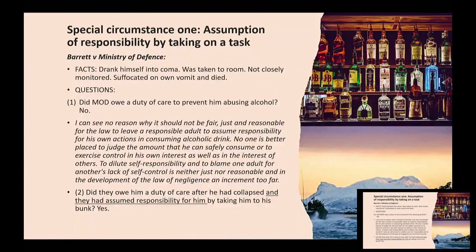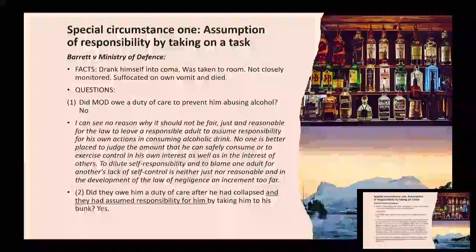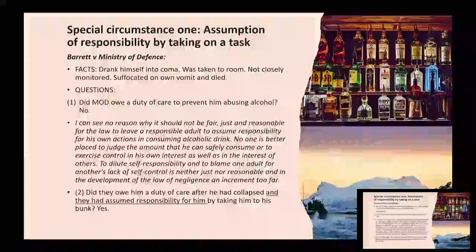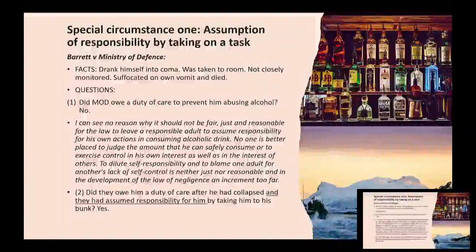Barrett was a naval airman based on a remote base in Norway. The main off-duty activity in this remote naval base was drinking. On the night in question, a Friday night, it was Barrett's birthday, and he had just received a promotion. There were 2 bars at the base in which the drinks were, according to the judge, astonishingly cheap. There were naval regulations about drinking that were ignored and not enforced.